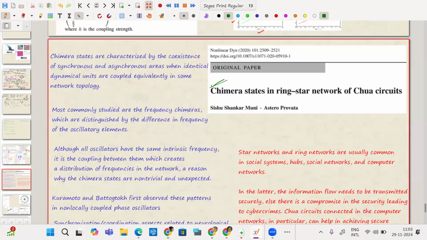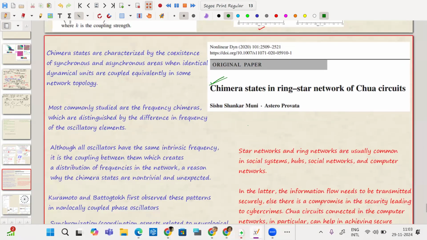Anyway, as I will tell you, this is the technical definition. Chimera states are characterized by the coexistence, together, of synchronous as well as asynchronous states in your network. That means out of 100 people, like out